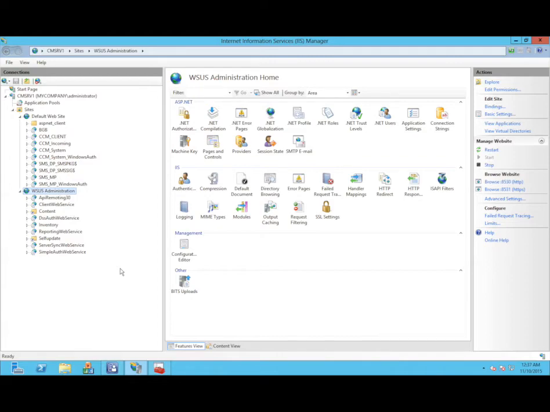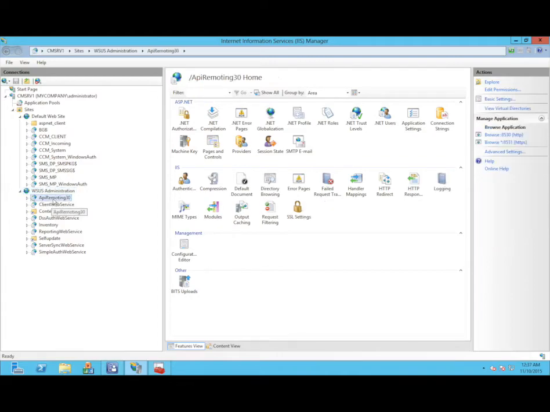Okay, one of them is enforcing SSL on specific folders inside that as WSUS administration. So those are API remoting, client web service, DSS auth web service, server sync web service, and simple auth web service. To enforce SSL on those five